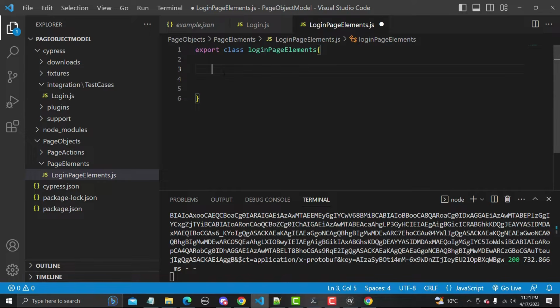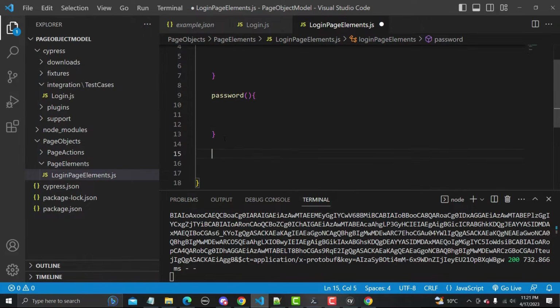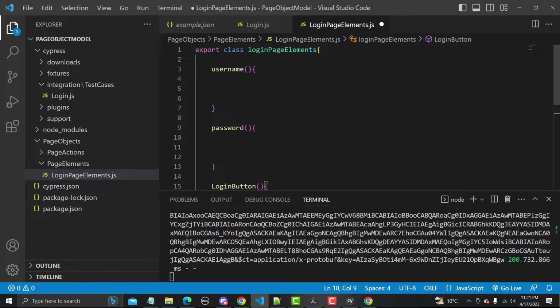And now I will create three different methods for username, password, and the login button. So for username, that's how we can actually create a method. And similarly, we need to create one for password. And the third thing we are using here is a login button. Because right now we have these three things.